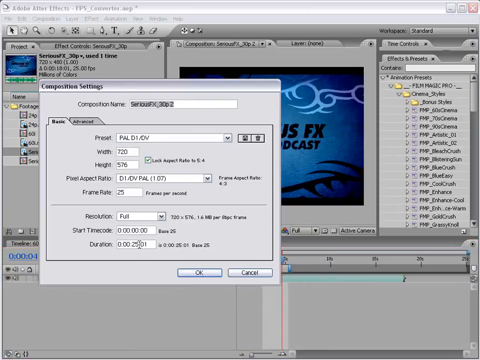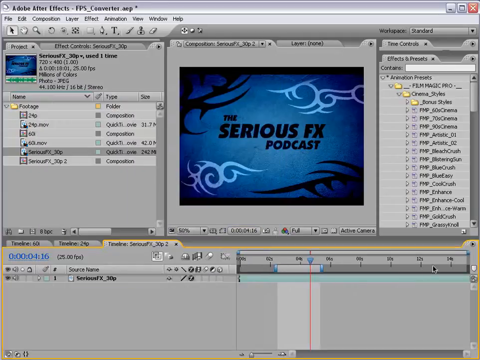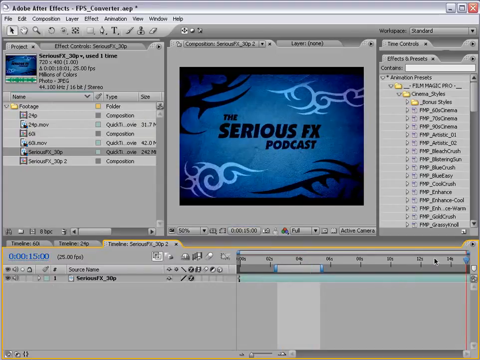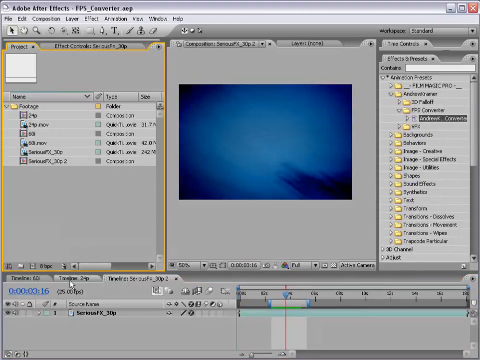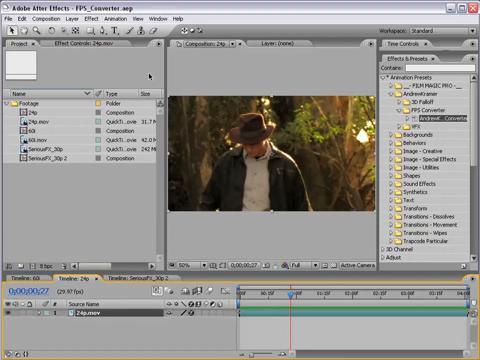So in this case, we really only need to make it 15 seconds and one, and that will play out the entire animation from beginning to end. And of course, if you're going from lower to higher, make sure you use the loop option to set your composition length. And now if I come down to my 24p timeline, and if you remember, this is where we